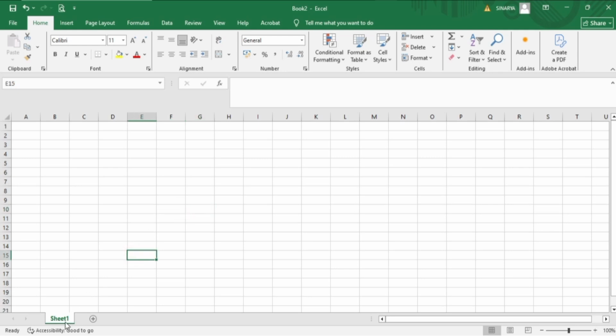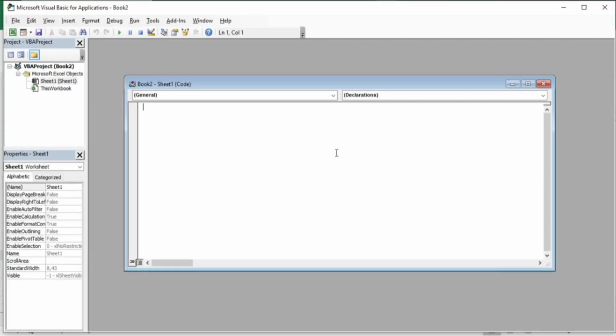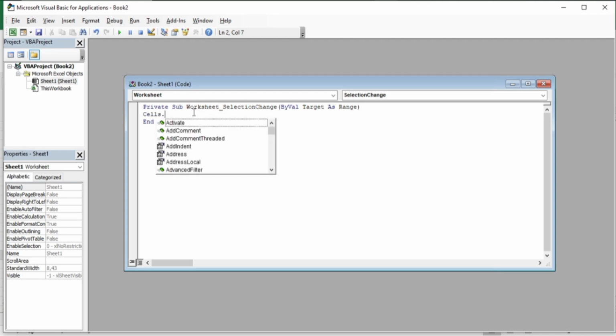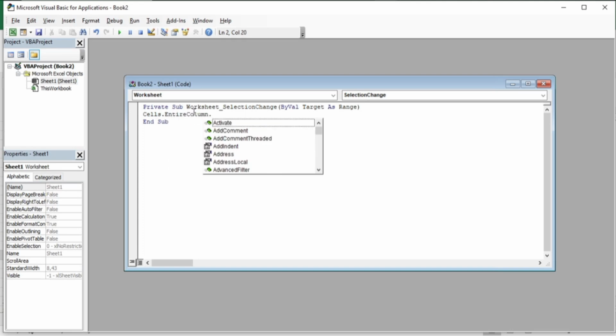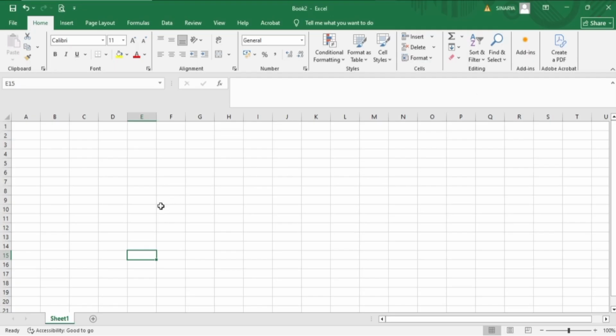First, go to the sheet tab that you want to apply AutoFit to. Then right click and choose View Code. After the View Code window appears, change the drop down from General to Worksheet and then type the command like this: Cells.EntireColumn.AutoFit, like this. Now just close the window and then try typing something again like this, maybe project types,